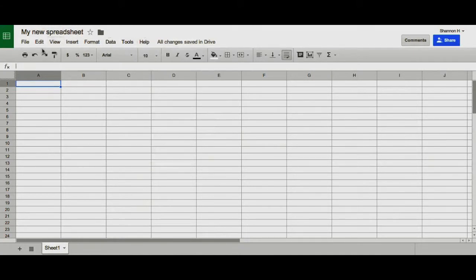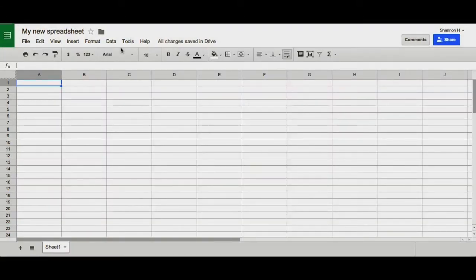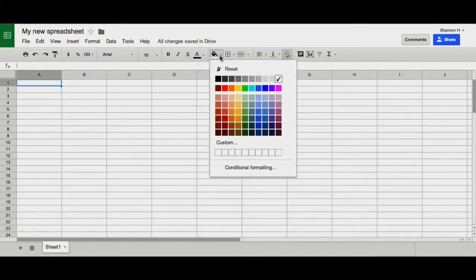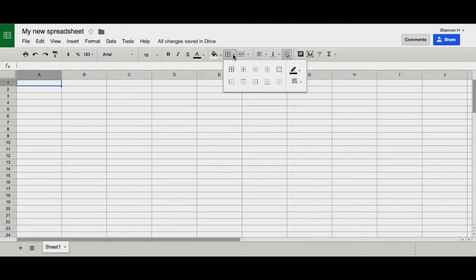Just below that, you'll see a printer icon, undo and redo, a paint formatter, format as currency, format as percentage, more formats you can use. I can change my font face, my font size, bold, italic, strike through, change my font color, change the background color of each cell, create borders on my table, merge my cells, choose if my text aligns left, right, or center,